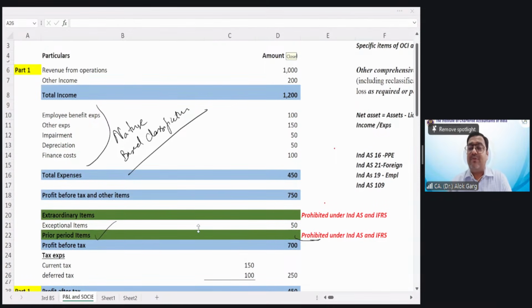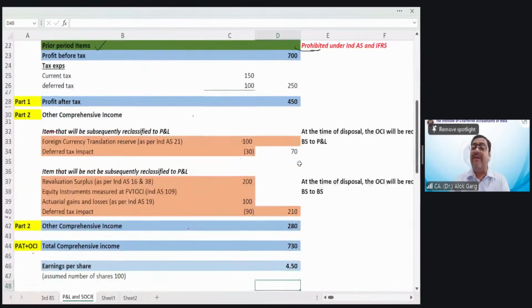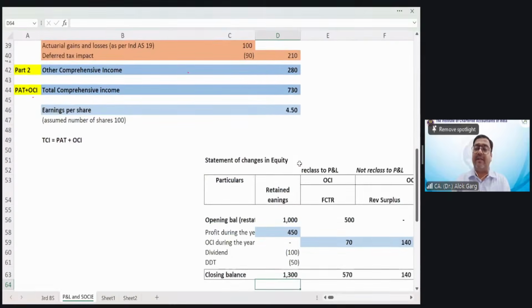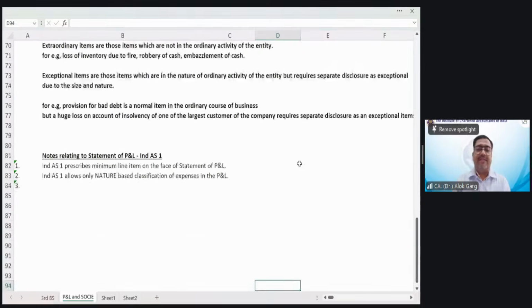Yes, so you're absolutely right. This prior period line item is not required. Adjustment in the comparative period is required. Adjustment in the opening Ind AS balance sheet is required. Prior period item is not required, just like in the accounting standard, where it was required as a separate line item. So third, please make a note.